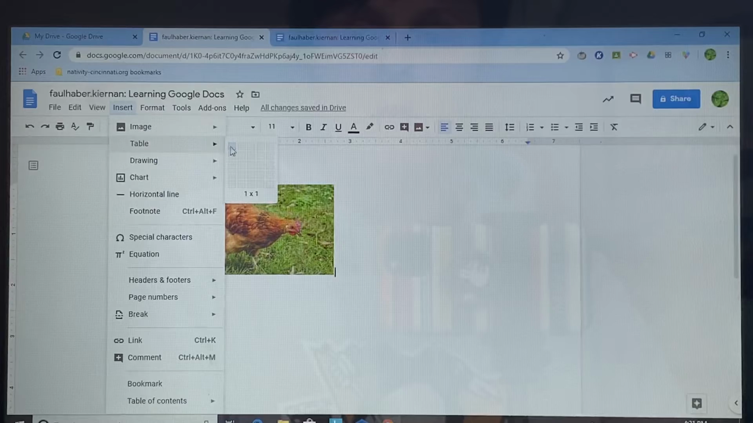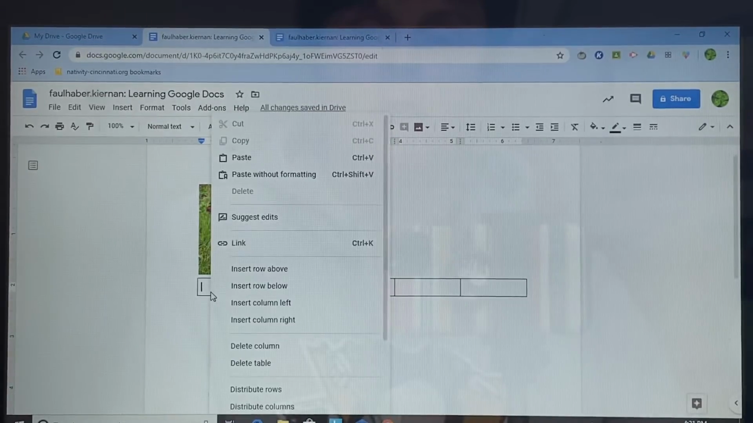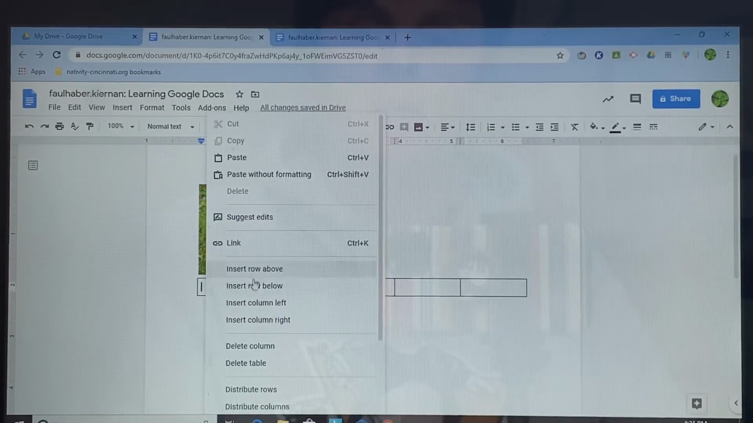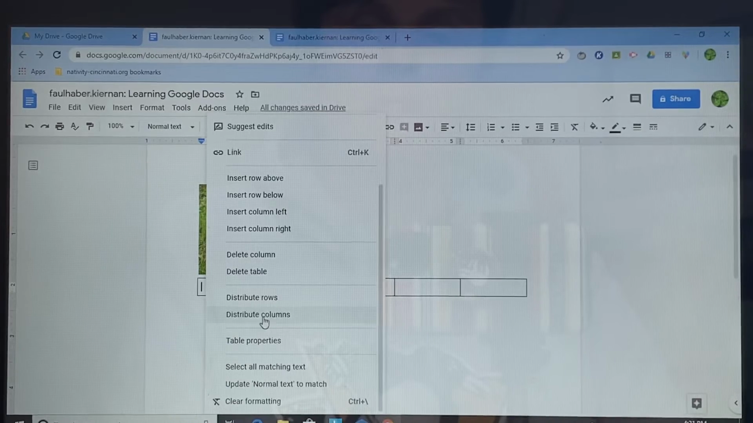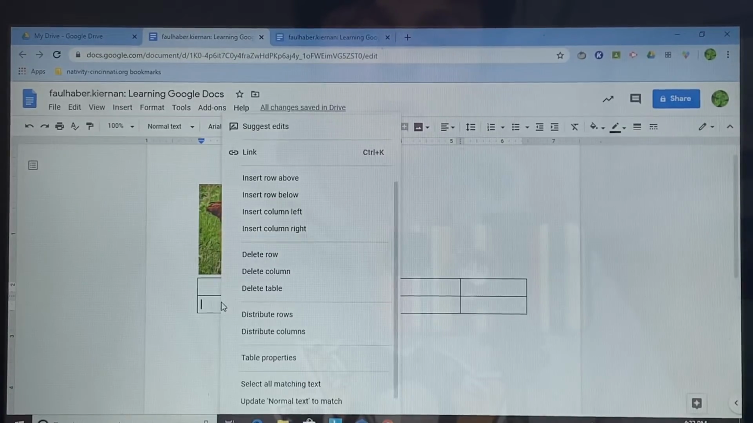Insert a table. You can choose a table and you can choose how big you want it to be. I just want one row with 5 columns. I can add to that if I choose by right-clicking inside, and look here, it tells me insert row above, insert row below, insert a column to the left, insert a column to the right, delete, distribute rows, distribute columns. So I'm going to insert a row below, so now I have 2, and then I'm